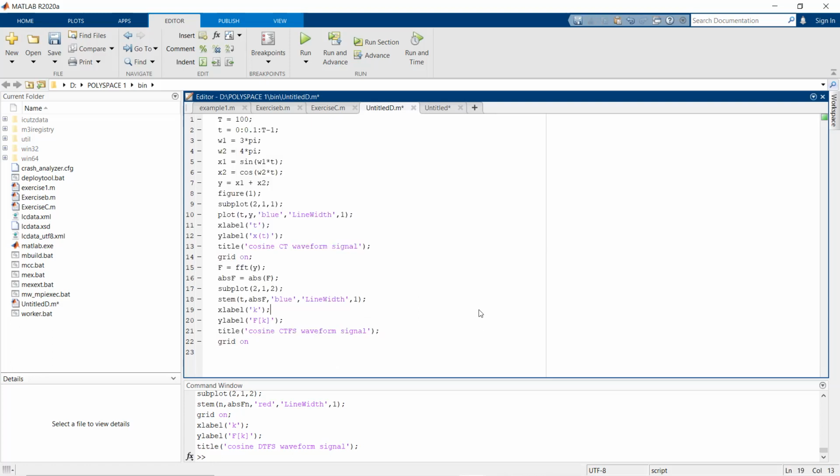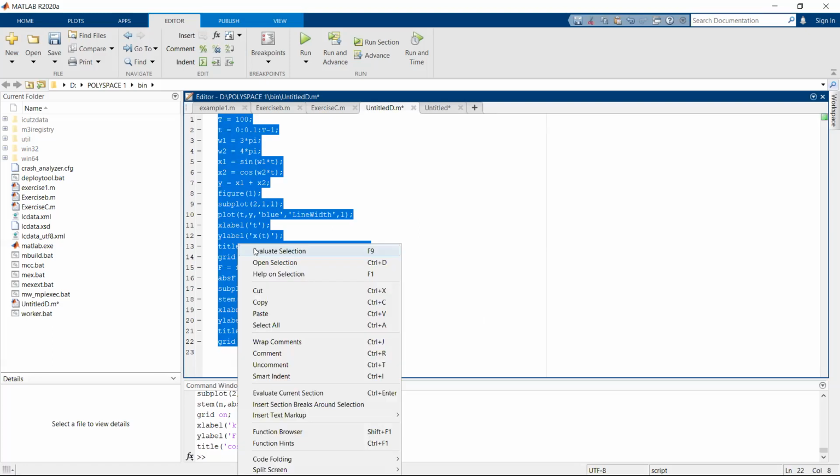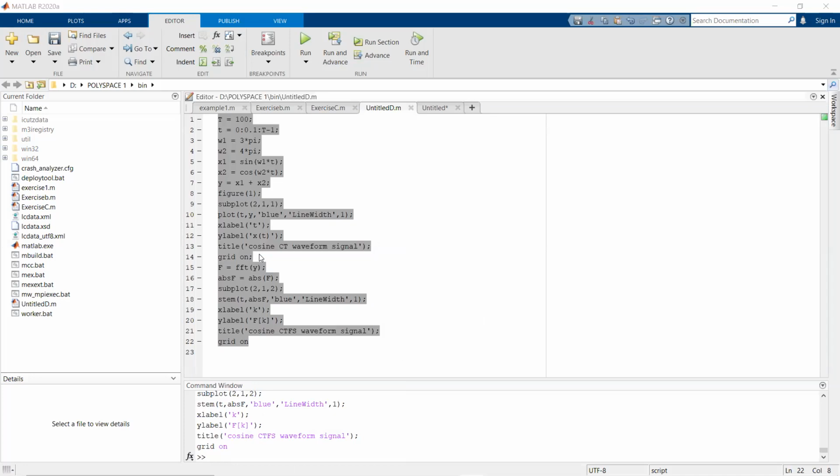Figure 1 is the cosine CT waveform, and figure 2 is the cosine CTFS waveform signal. So let's see the result. The CT waveform is just like the waveform we get for a sound signal, so we have a waveform from which we can get the signal. For the CTFS waveform, same thing,